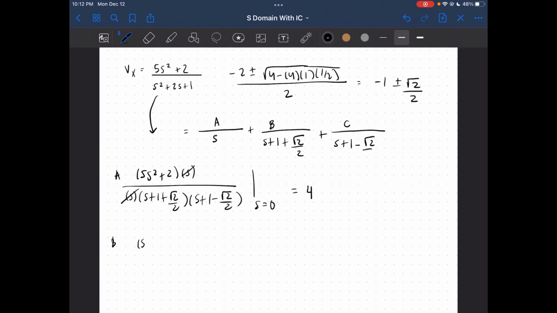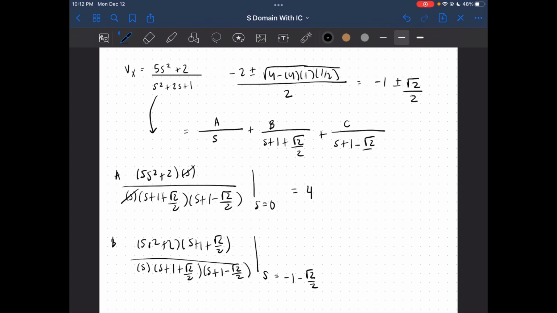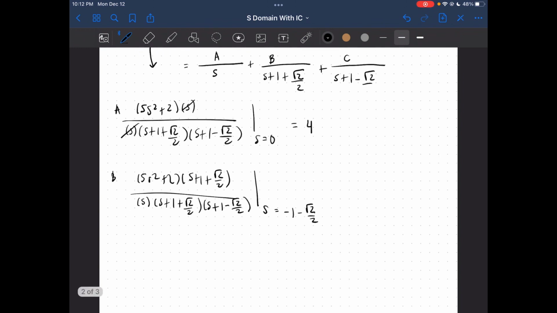When we solve for B, we're going to do 5s squared plus 2 times (s plus 1 plus square root 2 over 2) all over s times (s plus 1 plus square root 2 over 2) times (s plus 1 minus square root 2 over 2). And we're going to plug in the opposite, so we're going to do -1 minus square root 2 over 2. And once we plug this into all of the s's, we're going to get